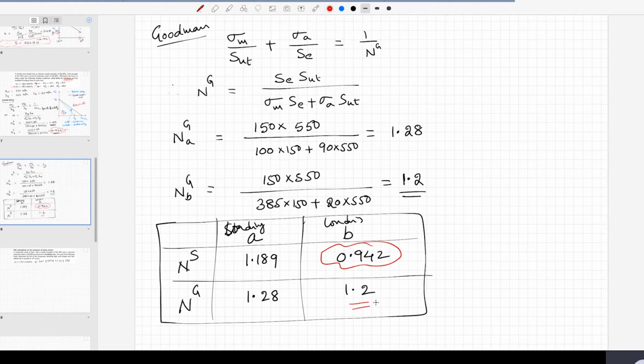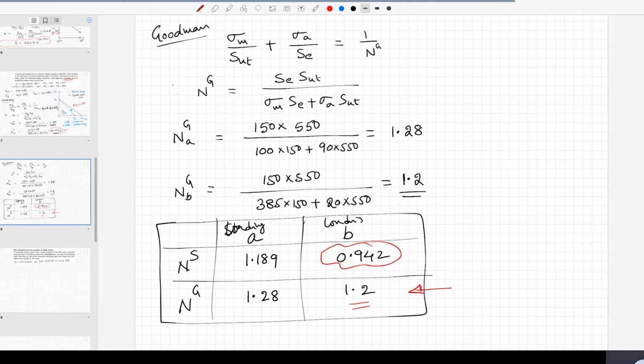criterion for fatigue failure, because the fracture actually relates to the ultimate strength, not really the yield strength. That's why the experimental results show a better match with the Goodman diagram compared to the Soderberg diagram. So, according to both Soderberg and Goodman, both loading scenarios are safe, although the factors of safety are not really high: 1.28 or 1.3, and 1.2. Okay. So that's how we can calculate the factor of safety for a given scenario.